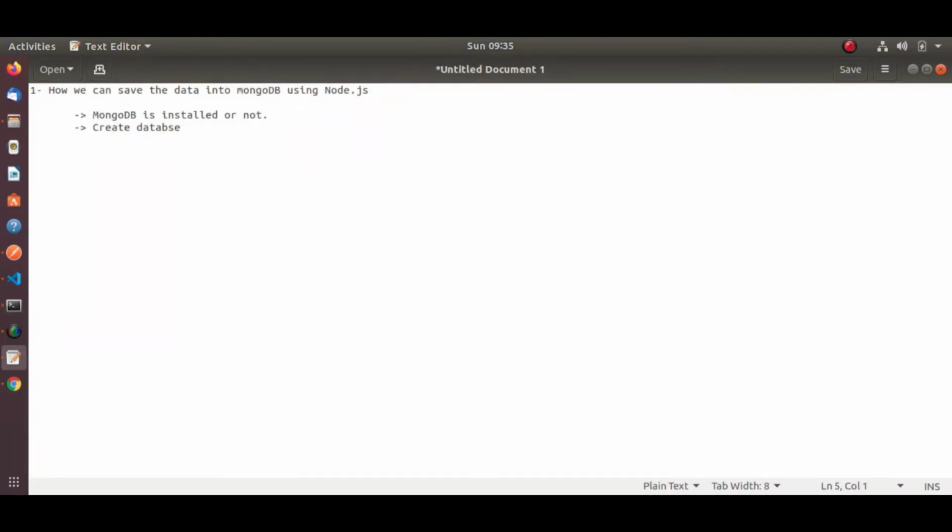Next step is, for data modeling, what driver or what module we should select from the Node.js library. As you know, there are so many libraries and modules available for Node.js. So here I am choosing Mongoose.